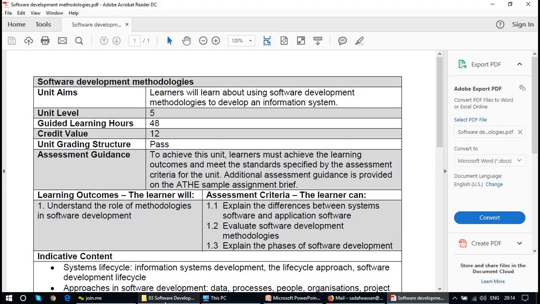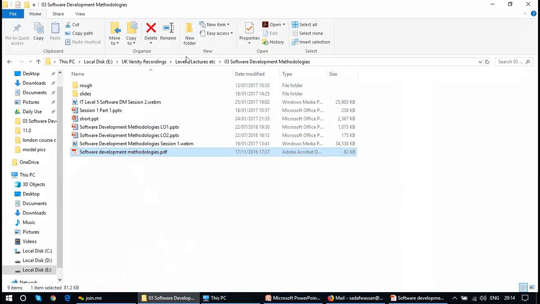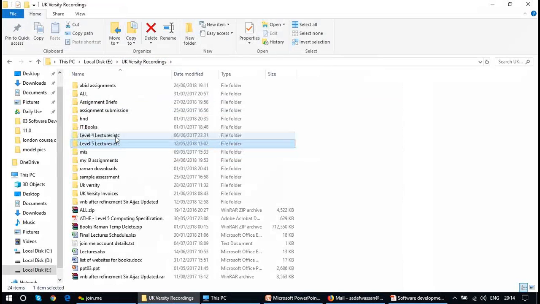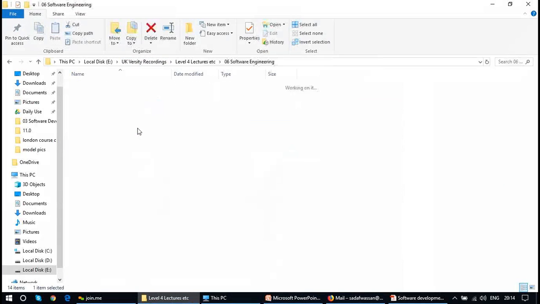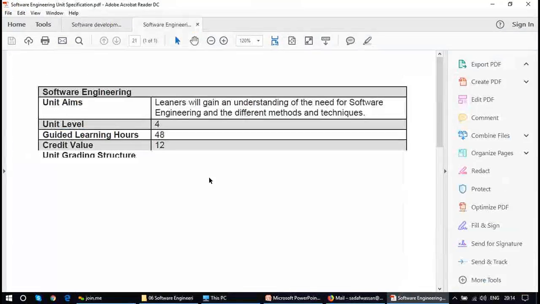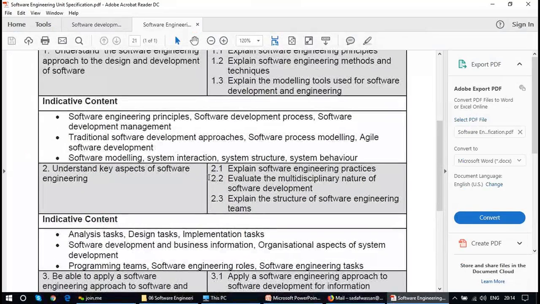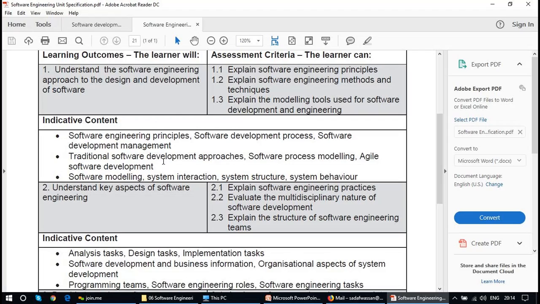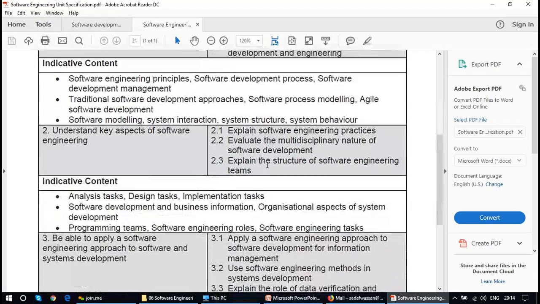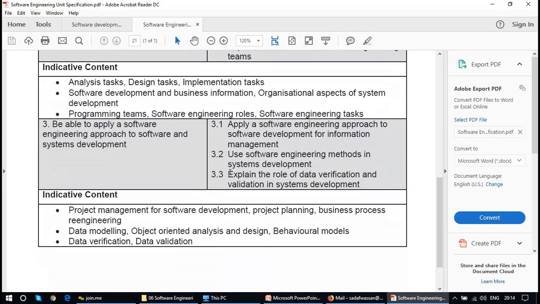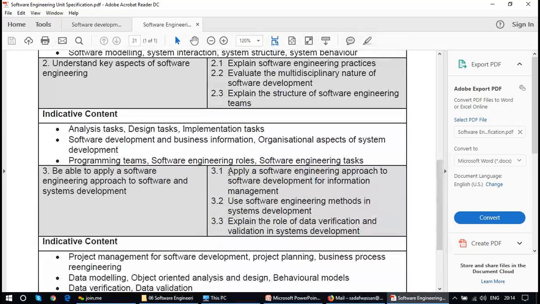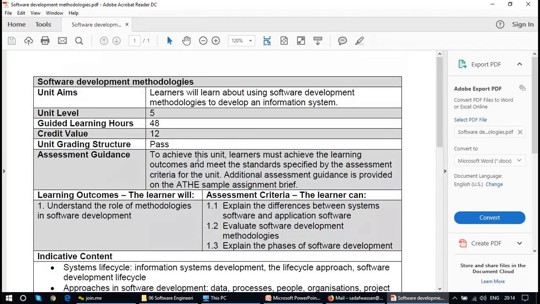Because software engineering at the normal level is a kind of introduction to software engineering, in that particular unit that's taught at level 4. Normally, you learn software engineering principles, traditional software development approaches, and then you talk about analysis, design, and implementation, basic level things. So this advanced level, especially on software development methodologies, is